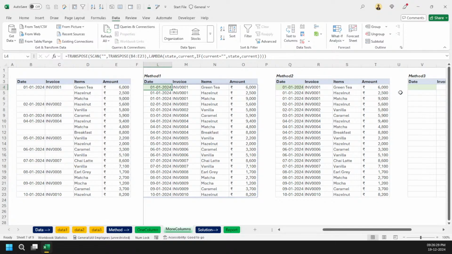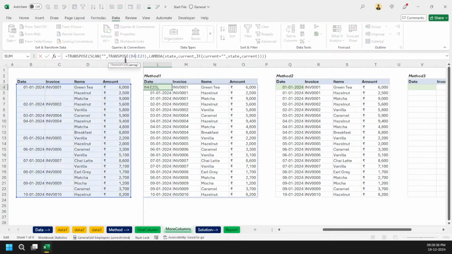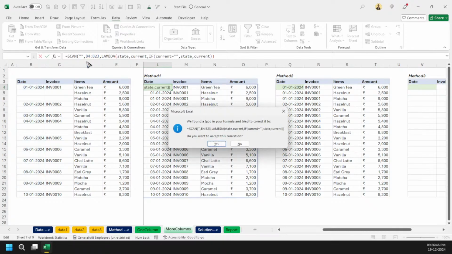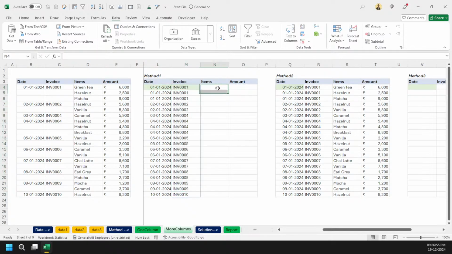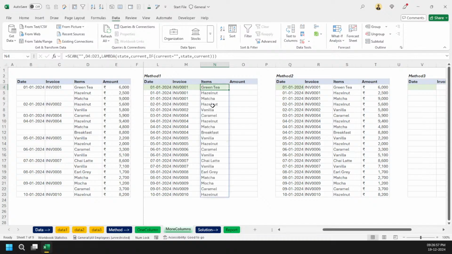I will tell you step by step. Let's just say I'm removing this wrap range. I'm just selecting this data right now and then removing this one. Now you can see it is working properly. If I drag right now, it is also working, and if I drag again, it is again working here, and again the last one.